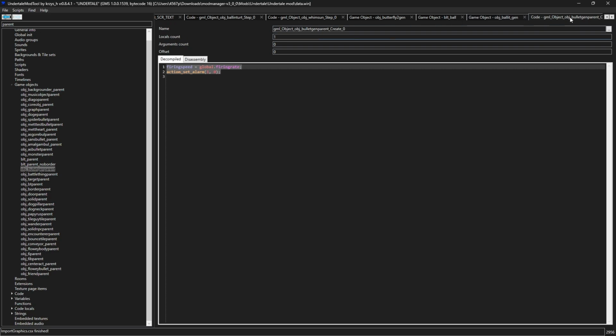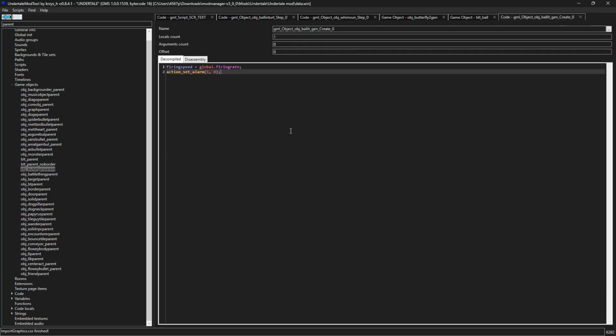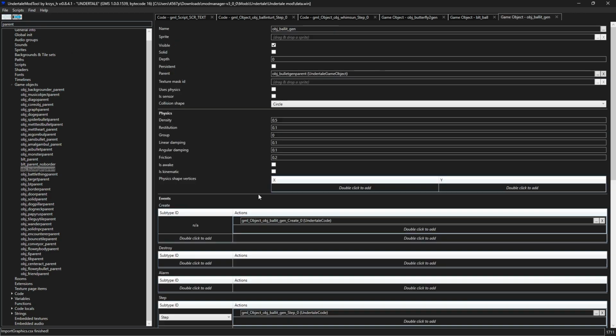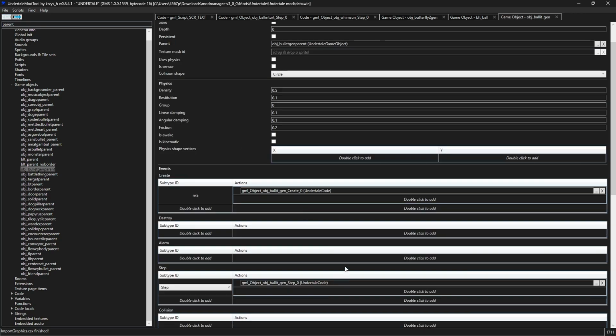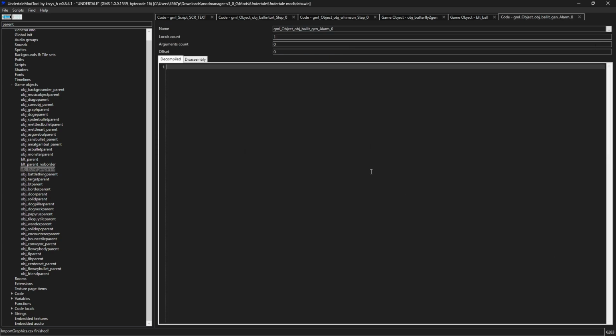You can use firing speed if you want, but personally I just ignore it entirely. And all this is doing is alarm 0 as 1. Now alarm, you can go here, and then